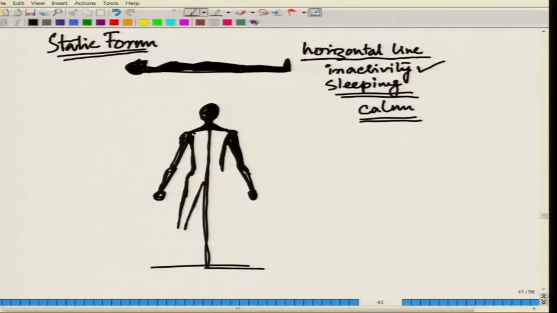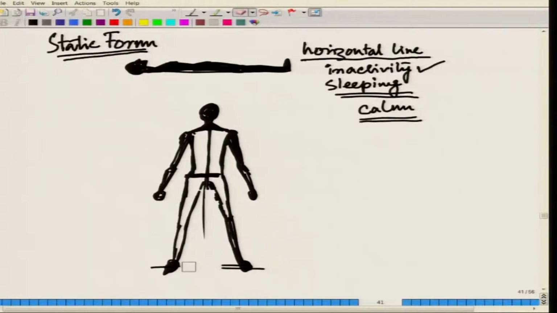He is standing. So, this form is active,